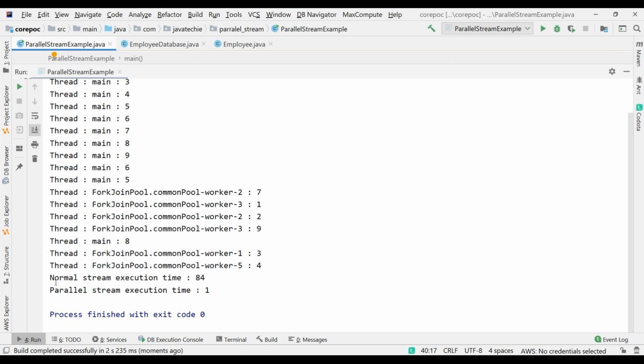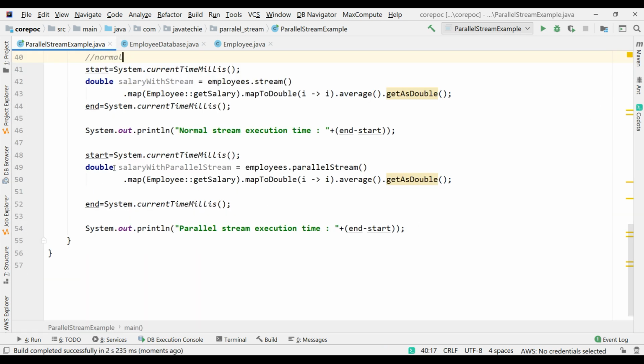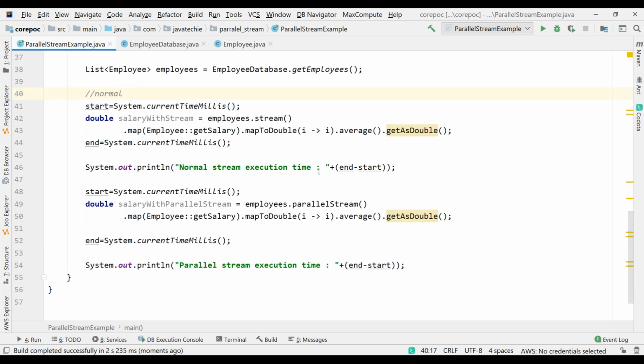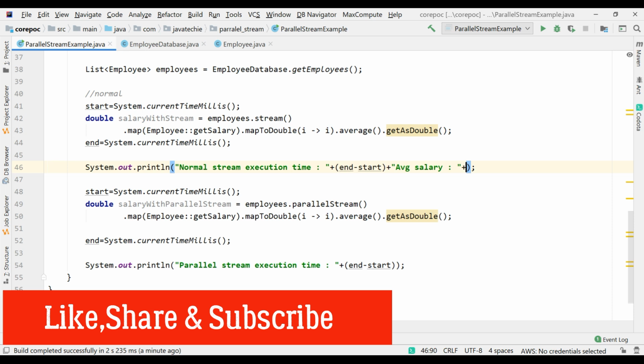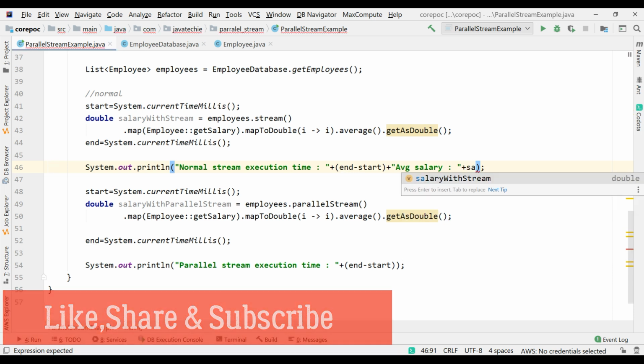Yeah. So if you observe, to evaluate 1000 records, the normal stream execution time is 84 and the parallel stream execution time is only 1 millisecond. So let's print the salary also. I'll add here salary, meaning average salary you can mention here. Okay, just print the salary with stream.